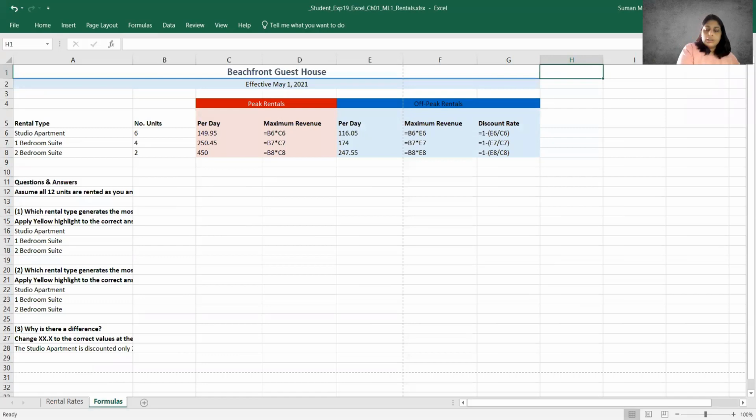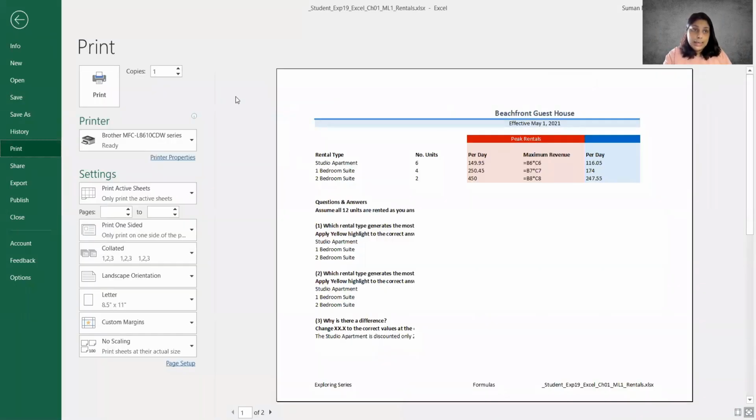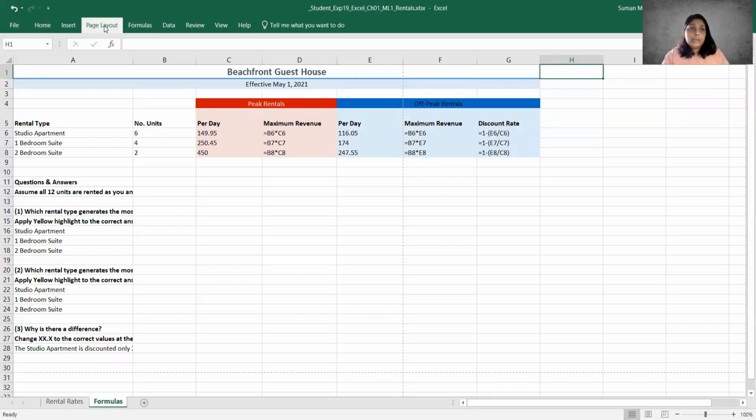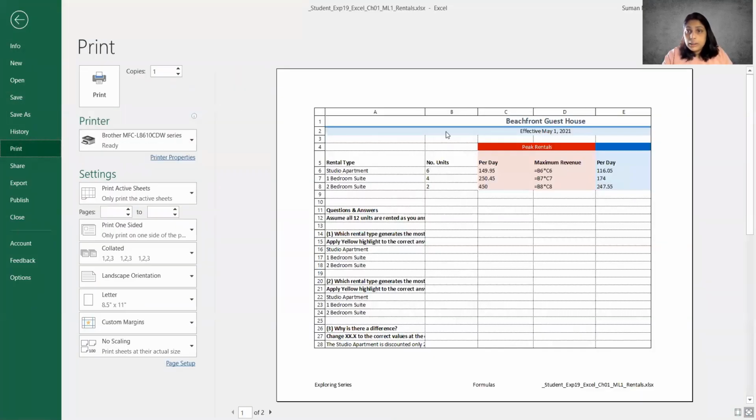I wish you could see this on my screen close up, but you cannot because I have a background. But I will show you what it looks like. If I was to click File, Print right now, this is what it would look like. But if I go to Page Layout and apply Print Grid Lines and Headings for my sheet options, and I go to File, Print now, you'll see that they show like that. Pretty cool.